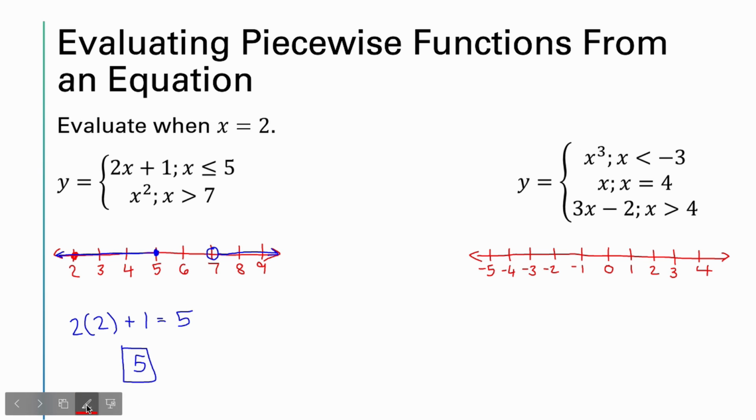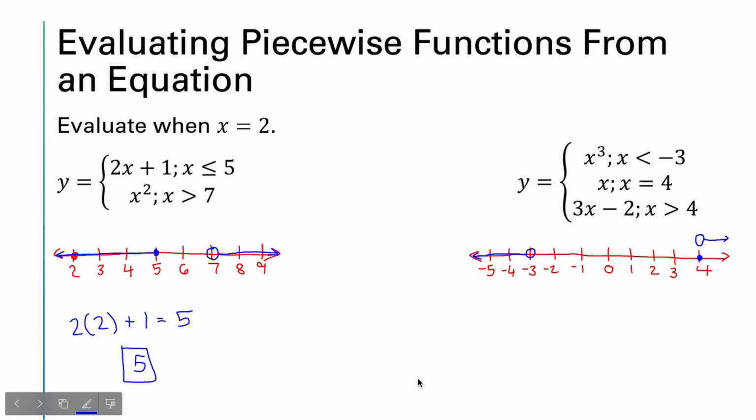Okay, now let's label them. Let's graph this. So x is less than negative 3. Since there's no dash underneath, we're going to have an open dot on negative 3. And it's pointing this way, so there. Then x is equal to 4. We just put a dot there. And if x is greater than 4, there's still no dash, so we put an open dot. I'm just going to do this above so that you don't get confused. And it goes this way.